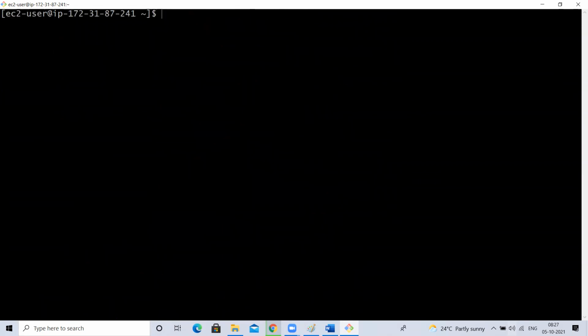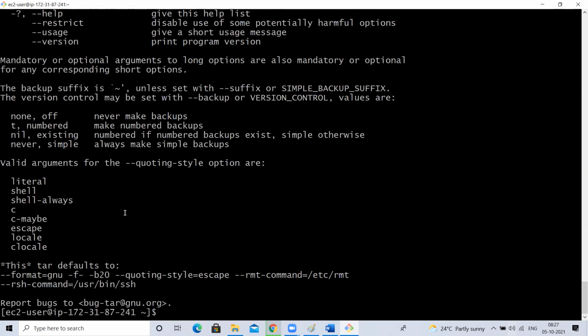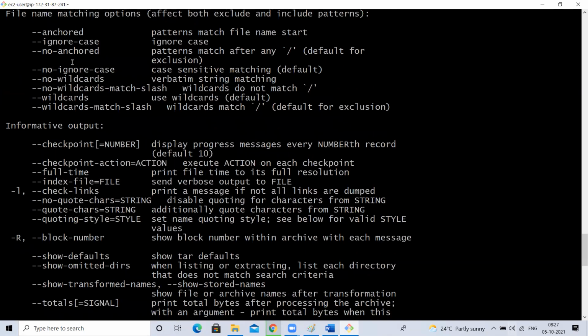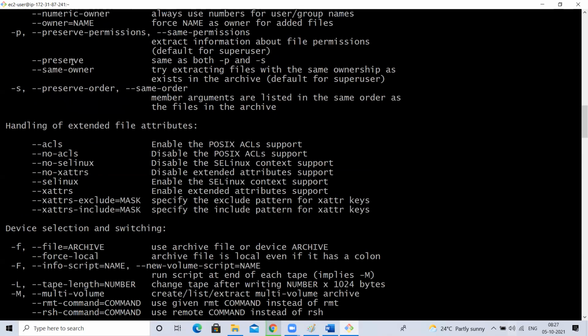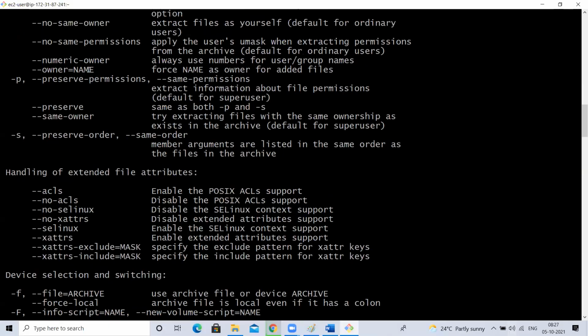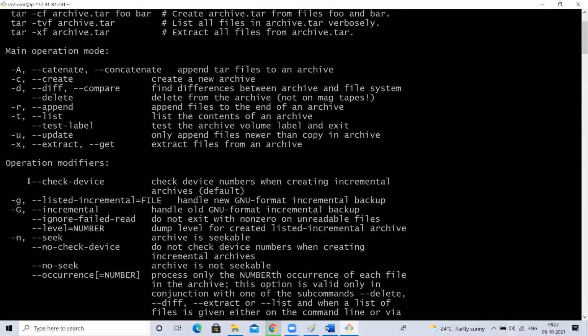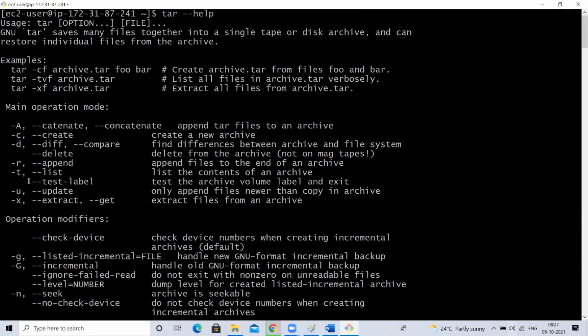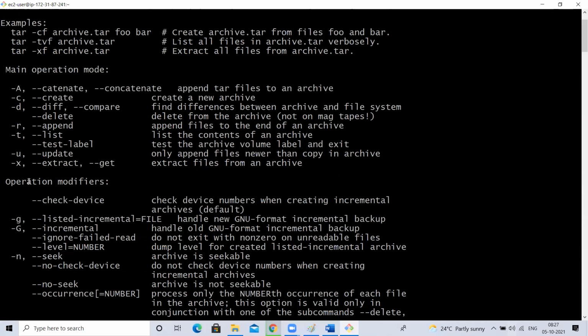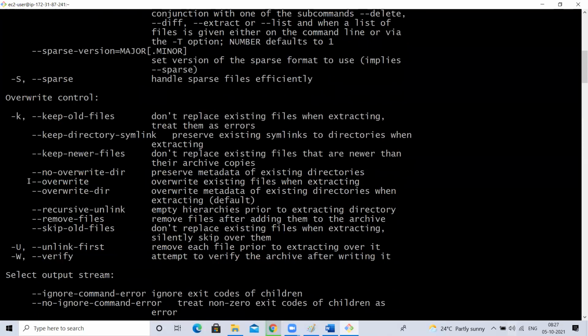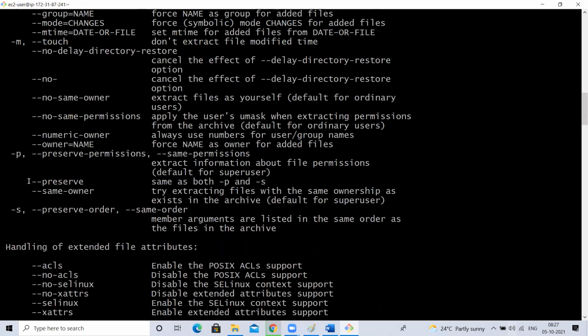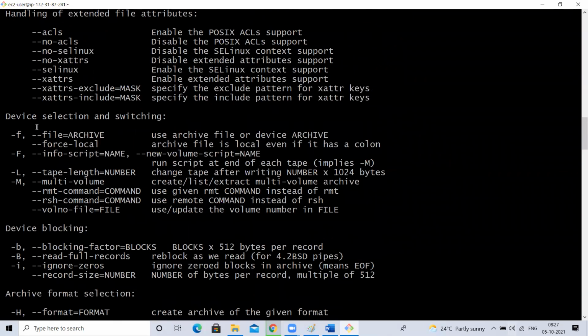But now tell me, if I type hyphen help, it gives full information, right? But I just want to know the information about hyphen f. If I want to search for hyphen f, I have to search like this, right? Is there a way where I can get only hyphen f?